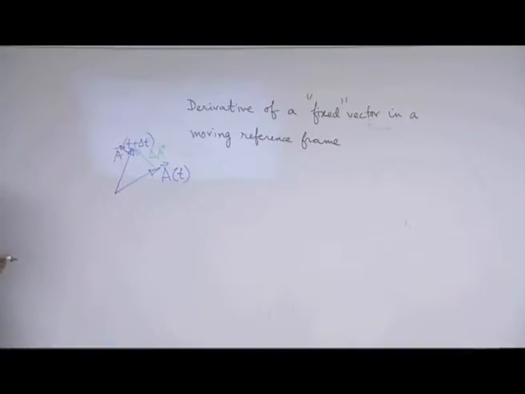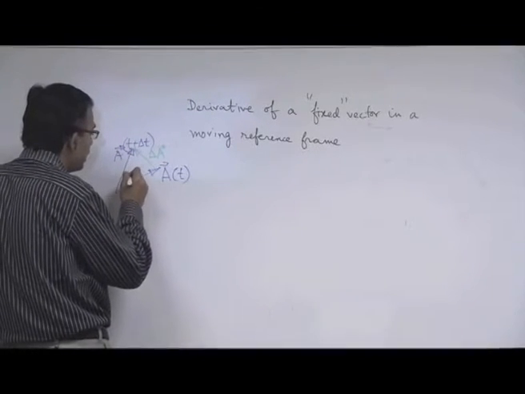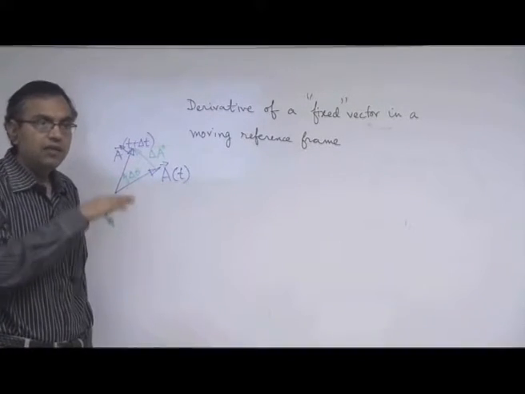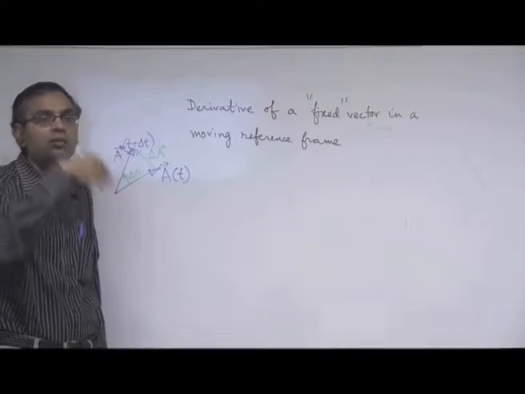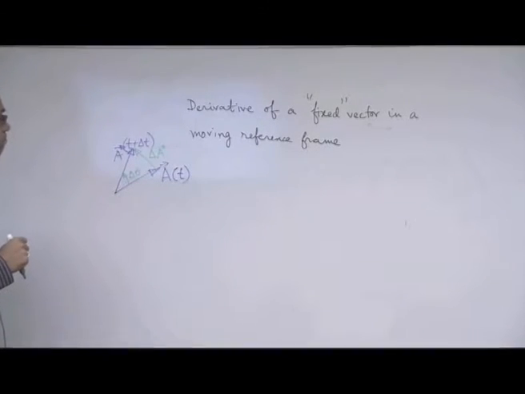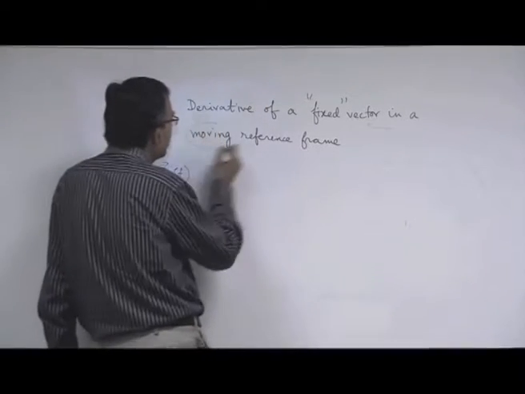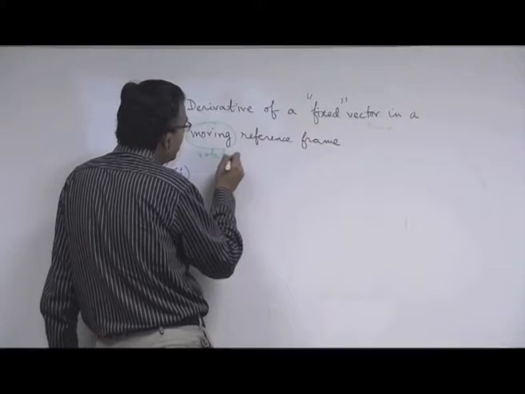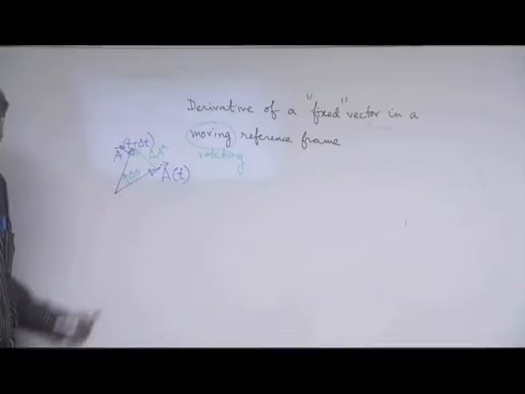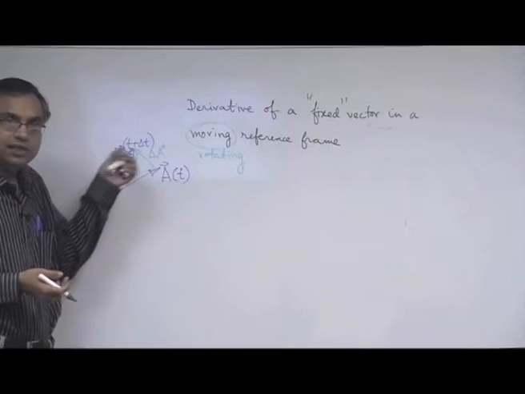Okay. Let us say this angle subtended is delta theta. We are thinking of purely rotation, then if there is translation, there is a translational component added, but we are thinking of purely a rotation. So when we say moving, basically we are talking about a rotating reference frame. Moving can be an arbitrary motion, but here this example is specific to rotation.